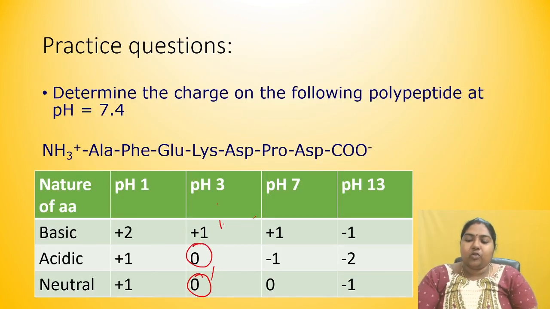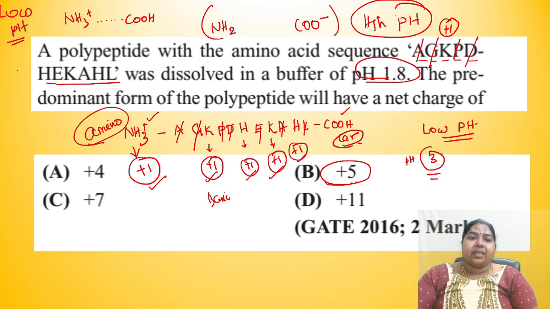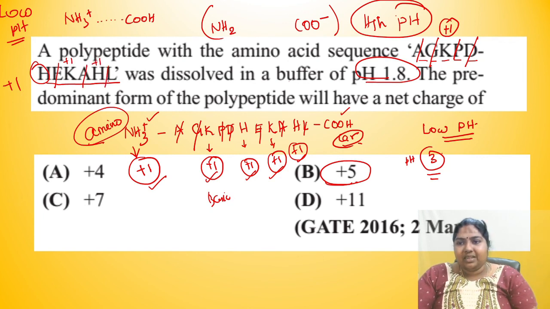That is why I told you, if you remember this table, it is going to be very easy for you. Eliminated. Histidine is going to be +1. E, eliminated. Lysine is going to be +1. This has no charge, eliminated. This is going to be +1. This is eliminated. So the net charge: for the amino terminus I have +1, so this is going to be 2, 3, 4, 5. So 5 is the answer.